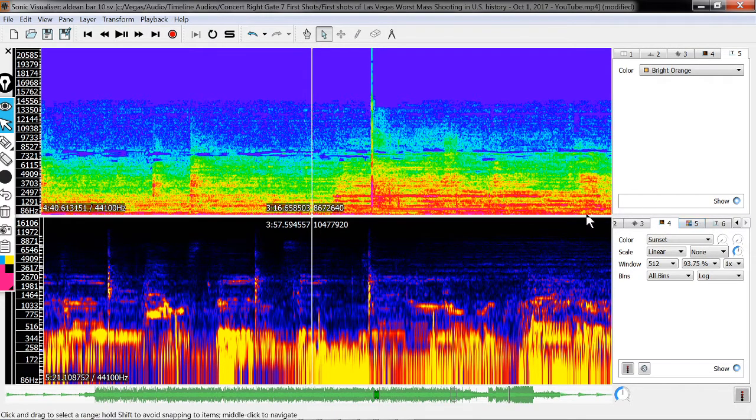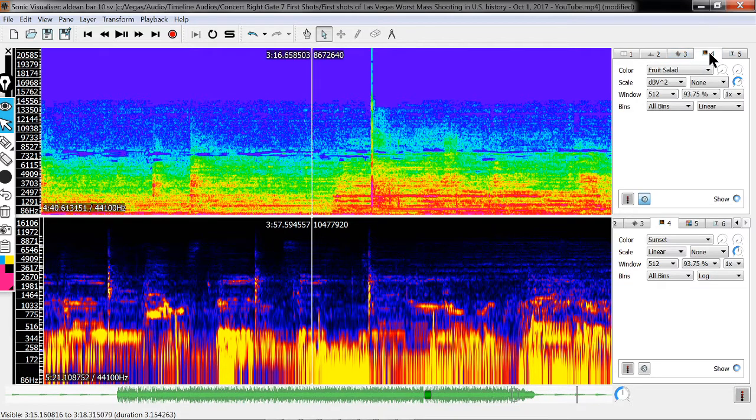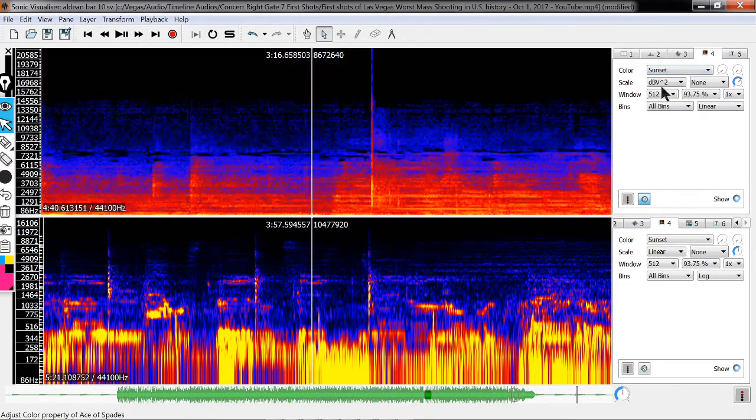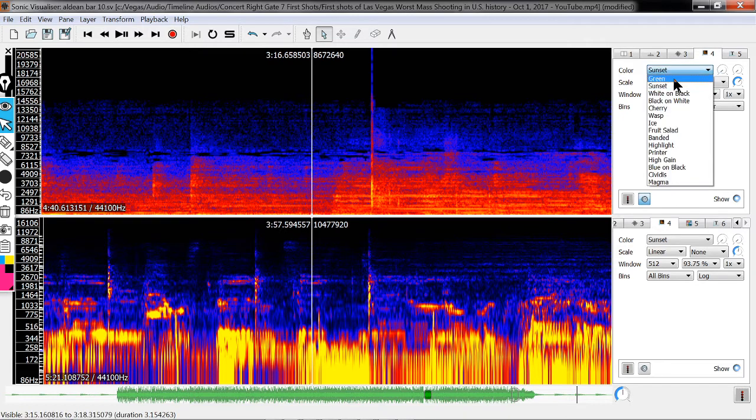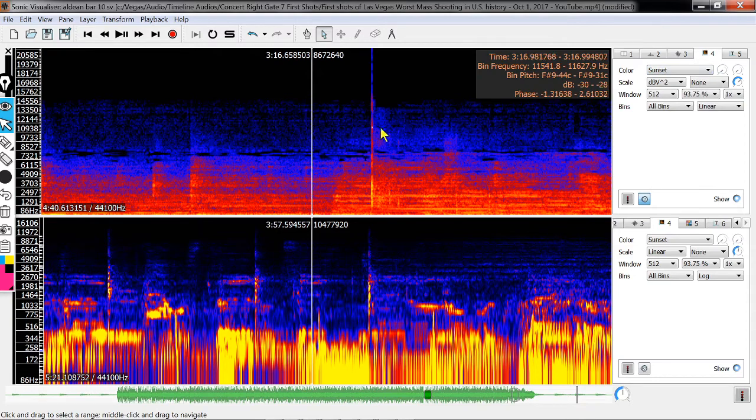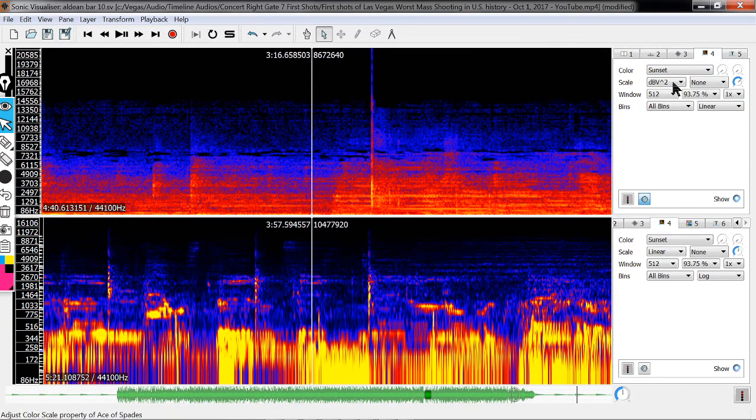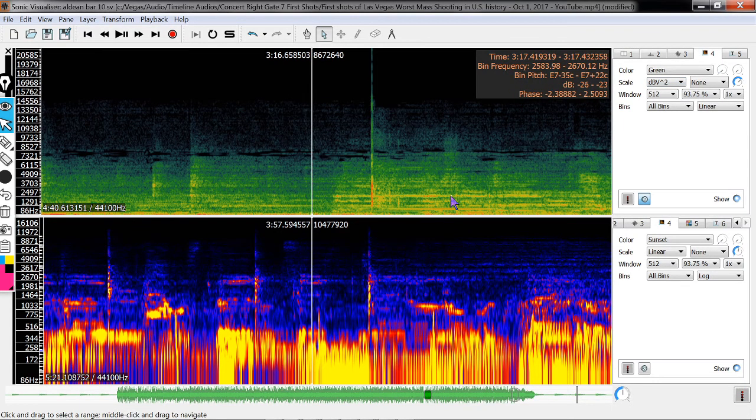But what I did here was on the top part, you'll see that I used a different coloring on my spectrogram. Normally I use the sunset coloring like here, but in this case I chose to use a higher contrast, more colorful scheme. Back that up a minute. On this power one up here I used green. I normally use green like that, which gives a real clear indication of